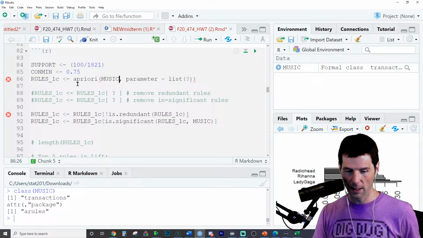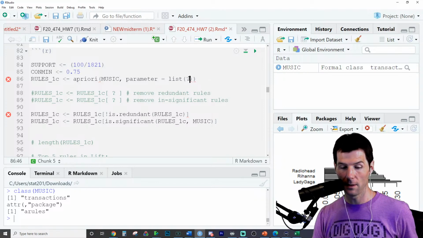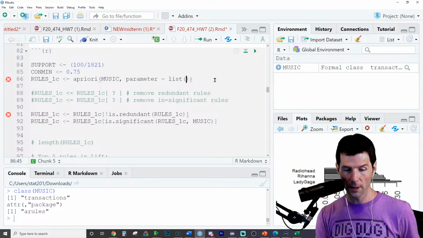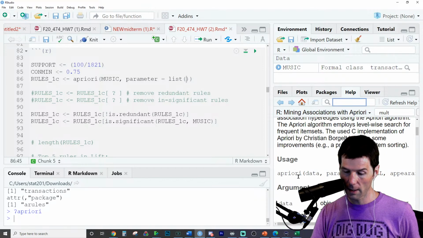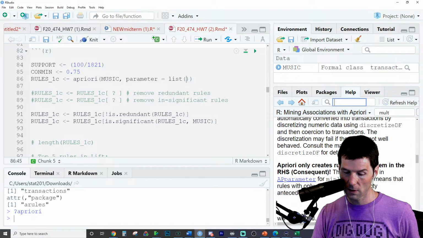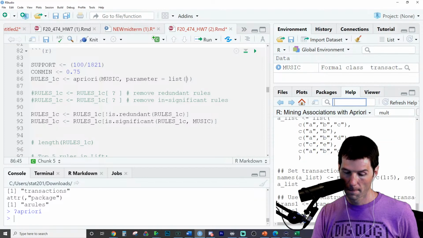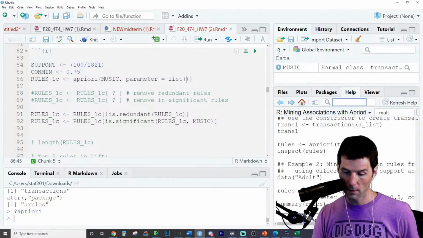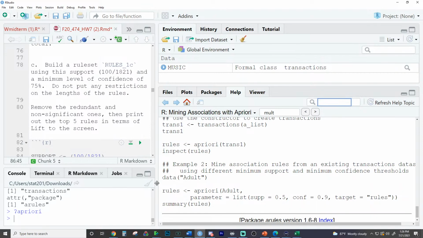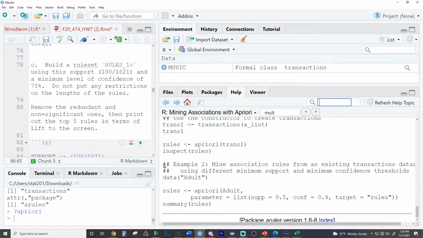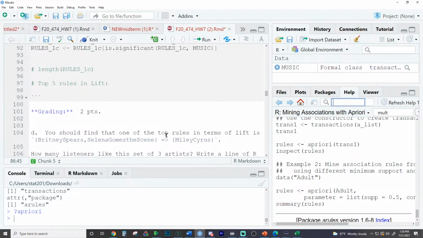Music is what we're taking and doing the a priori learning method on. List. So we should have right here the list. And once again, probably the easiest way, I'm always afraid of making typos. Go right here. And we've got here the list. It's not going to show us. Ooh, they don't like showing how to do it. List equals support. There it is. They always abbreviate these things, and that drives me nuts. You've got sup for support, conf for confidence. So if you don't type those in properly, you know what?